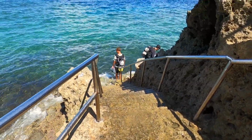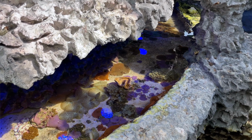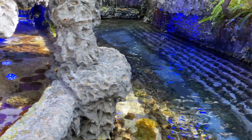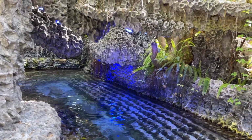To continue with that ocean theme, I would recommend that everyone takes a visit to Sango Batake, which is a local coral farm, and they are working really hard to rebuild after the whole facility was basically destroyed from a typhoon a couple of years ago. It's a little bit expensive because it's paying for so many renovations, but it's 900 yen for adults,